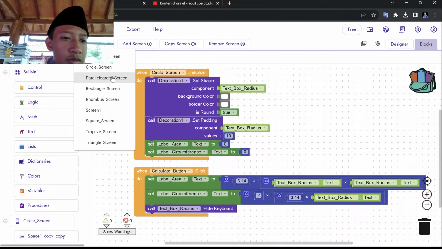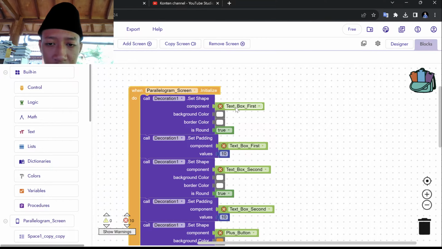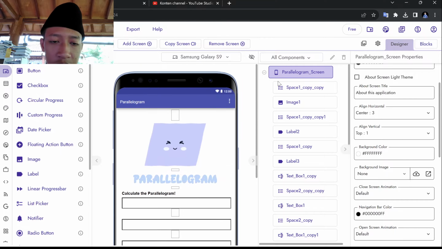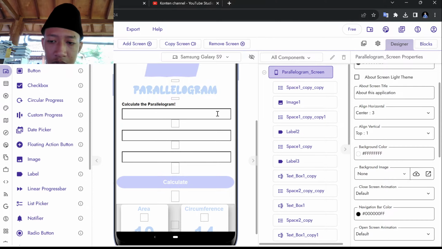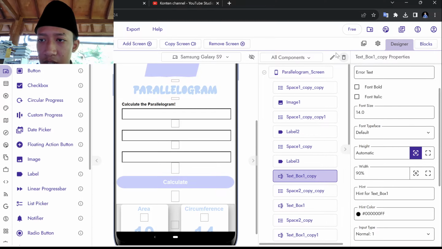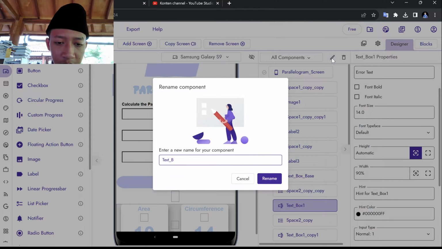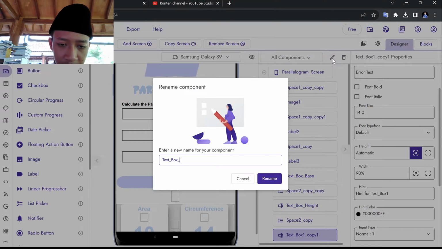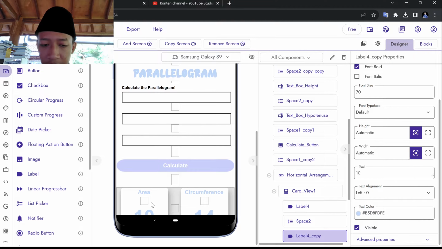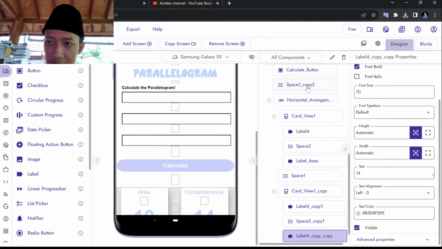Okay, now we'll go to parallelogram and drag the calculator screen, and then you just change it to parallelogram screen, and then I need to rename. So let's rename again. For the first text box, it will be text box underscore base, and then next for the second one will be text box underscore height, and then the last one will be text box underscore hypotenuse. Okay, next we will. Oh yeah, don't forget in here in label it should be label underscore area, and the other one will be label underscore